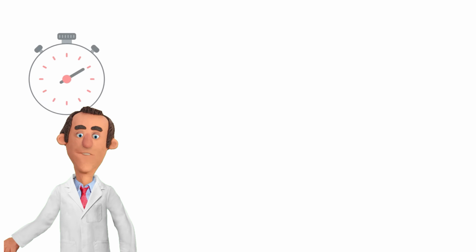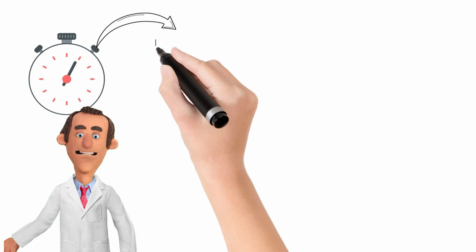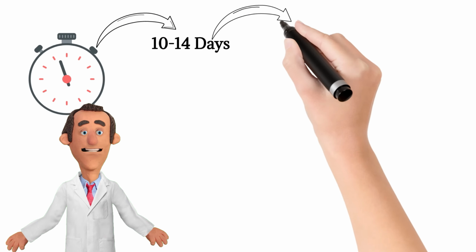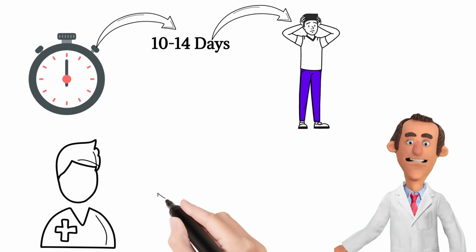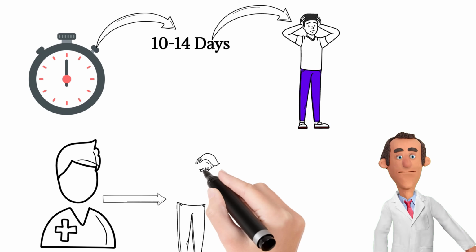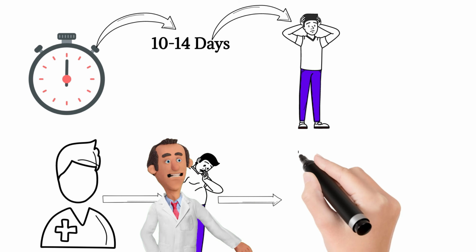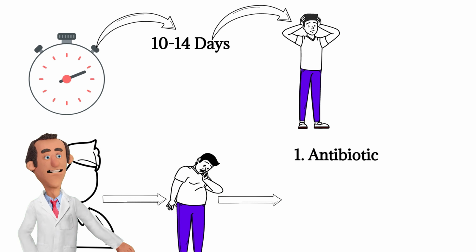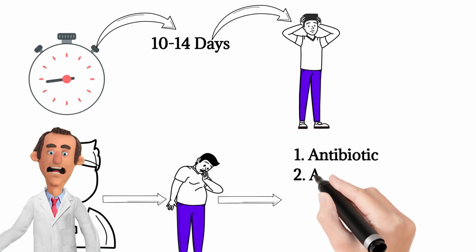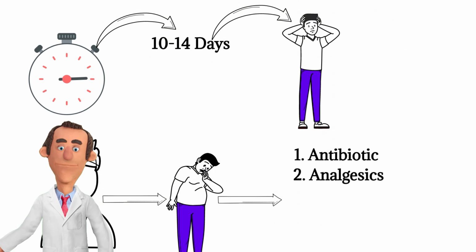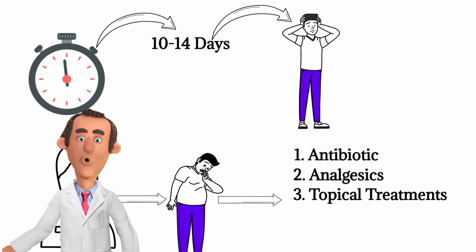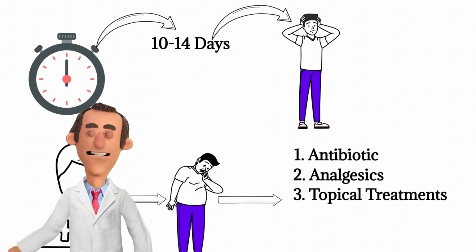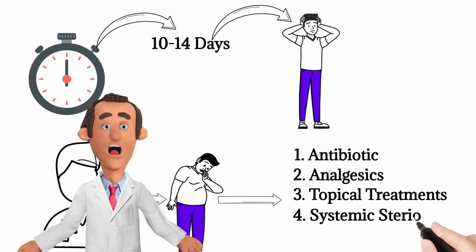The duration of Aphthous ulcers is usually around 10 to 14 days, during which time they can be quite painful and irritating. Treatment for Aphthous ulcers typically involves managing symptoms and promoting healing. This can include the use of antibiotics to prevent secondary bacterial infections, analgesics, pain relievers, to reduce discomfort, topical treatments like oral rinses or gels to soothe the lesions, and sometimes a short course of systemic steroids to reduce inflammation